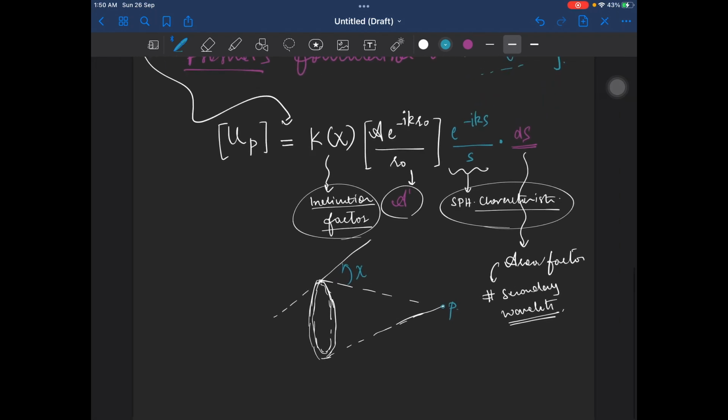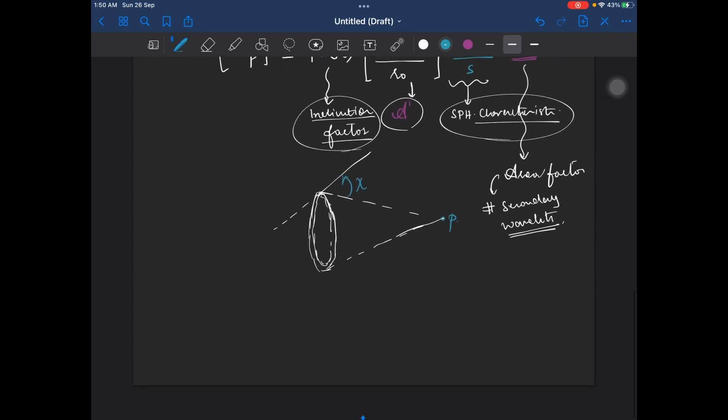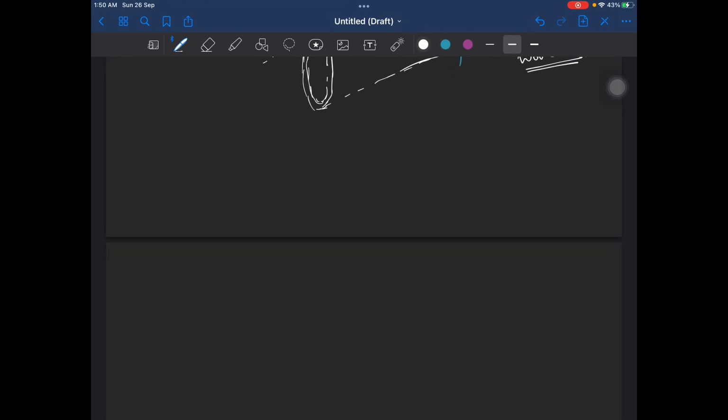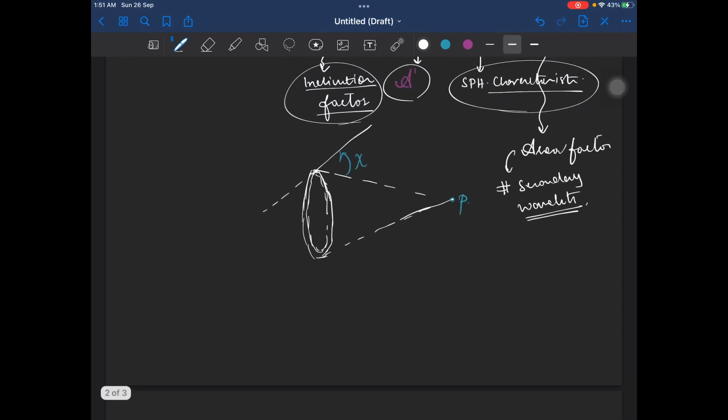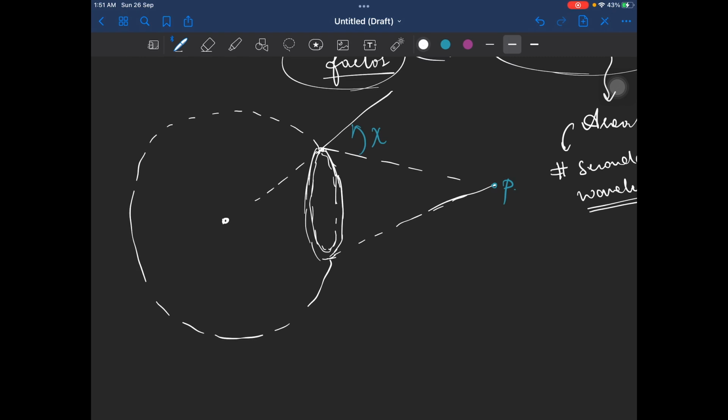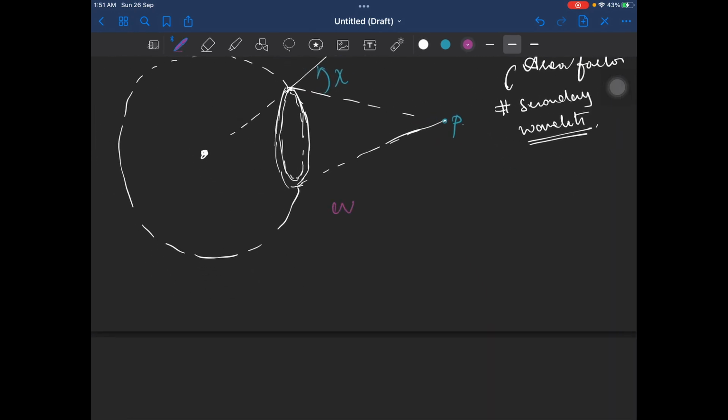Okay, cool. Now we would like to prove the Fresnel-Huygens principle, which says that every point on the primary wavelet behaves as a secondary wavelet which itself assumes a characteristic